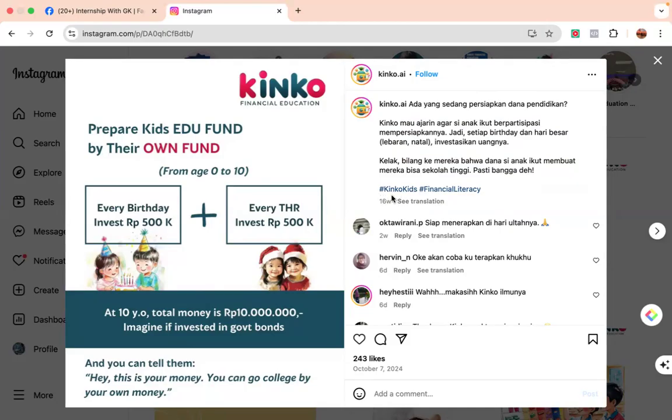So first of all, we should use a maximum of 5 tags. And in these 5 tags, Kinko Kids is not something which someone can easily correlate with. And I will touch on this point very shortly. However, we should be using the tags which are more pertinent to us, like financial literacy. Now, why not Kinko Kids and why financial literacy is okay?